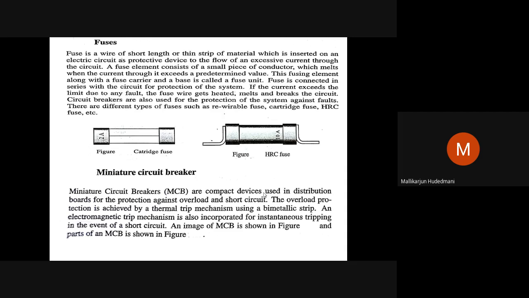Whenever current flows through this particular material, silver or an alloy of that, a certain current I square RT for a certain seconds of time, when the resistance of that fuse material and the current flowing through it make the I square RT effect, it will heat up, it will melt and it will break the circuit. So that way, a fuse is the weakest link in the electric circuit, which is used to protect the circuit from a high inrush of current, and the fuse itself gets melted.